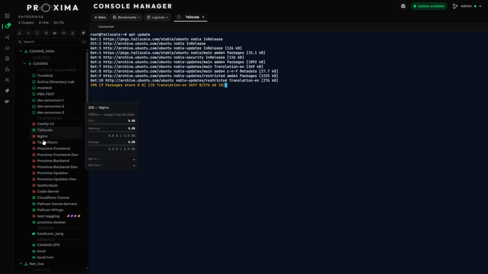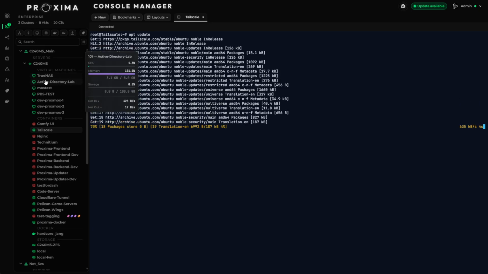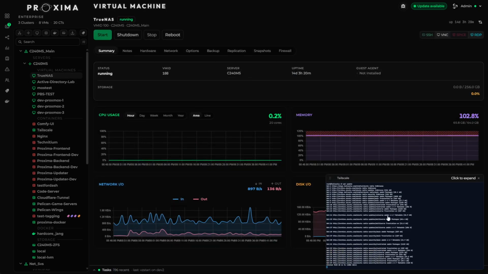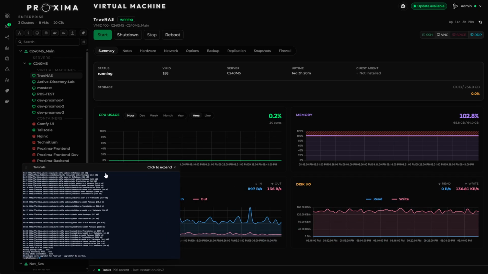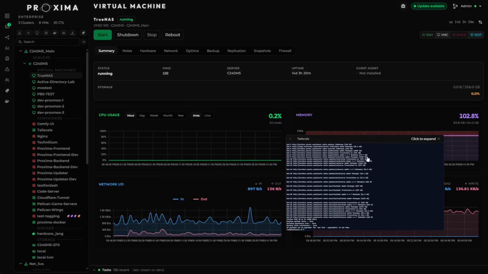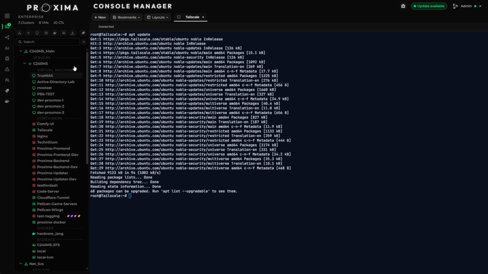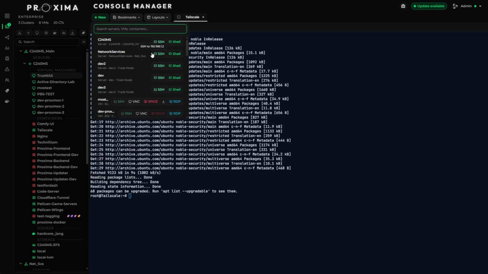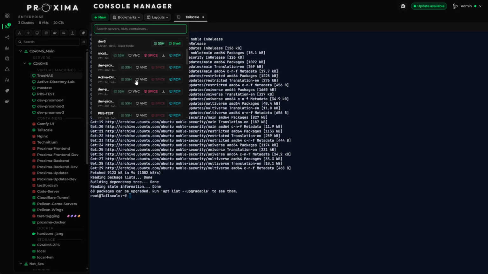It runs in a mini window, but let's say you need to see the disk IO. You can just move the window over to wherever you need it to be, and you can open it back up, right? But then if you need to also go into, let's say, this Active Directory